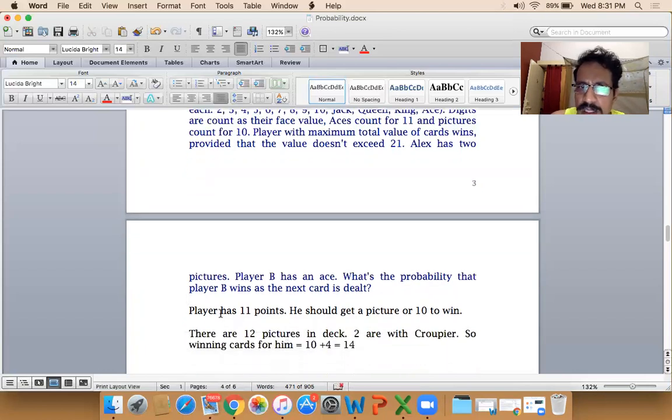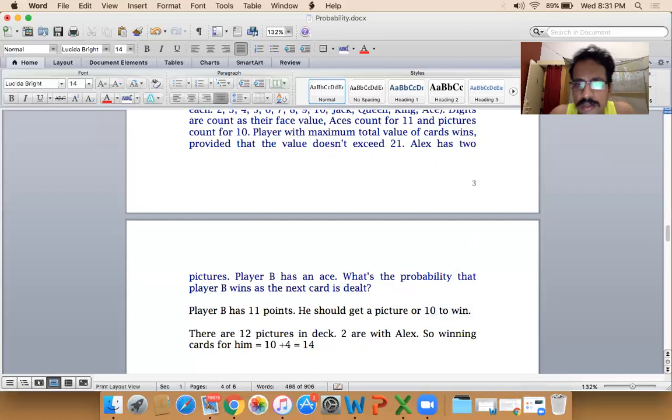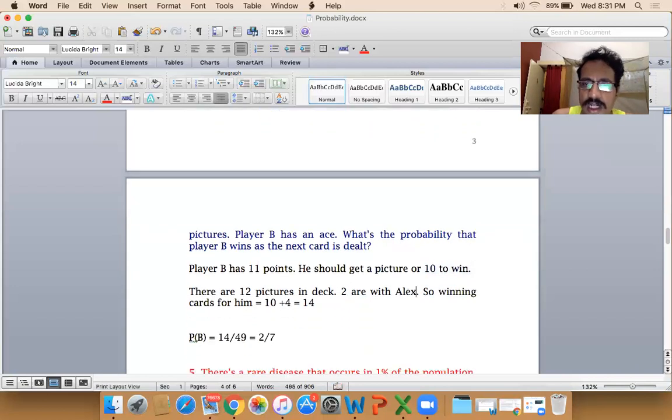So player B already has 11 points. He should get a picture so that it becomes 21, or he can get a number 10 to win. So there are 12 pictures in the deck. Two are already with Alex. So the winning cards remaining are 12 minus 2, that is 10, plus 4 number 10s. So there are 14 such cards. Now how many cards are actually available in the pack? Because 3 are with the players, 2 with